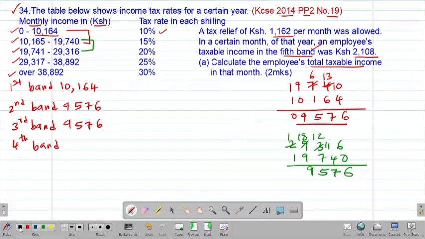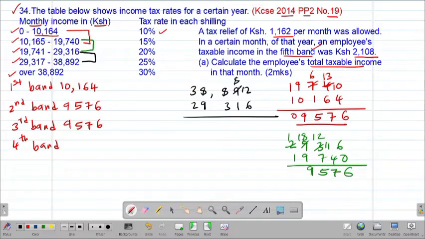We get the taxable income in the fourth band, whereby we're going to subtract these two. So this one and this. So I'll take 38,892 minus 29,316. So I'll borrow one. This is 8, 12. This will be 6. This will be 7. This will be 5. I'll borrow one. This is 2. 18 minus 9. That will be 9. So in the fourth band, we are still getting the taxable income being 9,576. Now remember, the fifth band is the last band, and we are already given the taxable income in the